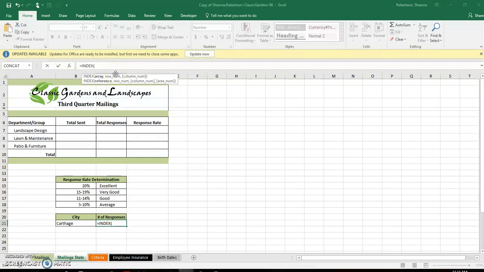The first thing, the array, is going to be that responses table that we just named on the mailings worksheet. Then I'll hit comma. The next part of our argument is the row number, and we want Excel to determine the row number for us given a certain lookup value, which is the city that we assign, whatever city is displayed in B21. So we're going to start by typing match,